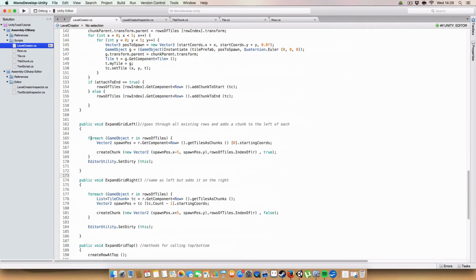So expand grid left basically goes through, it basically adds another row of chunks to the left of the grid. So basically it goes through each row, works out where the first chunk in the row's starting coordinates are, and then we'll create a new chunk with x minus 5 and same y coordinate, so it'll create another chunk on the left of what was the chunk at 0,